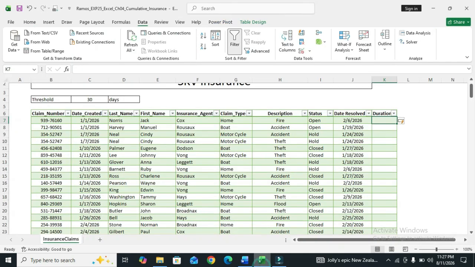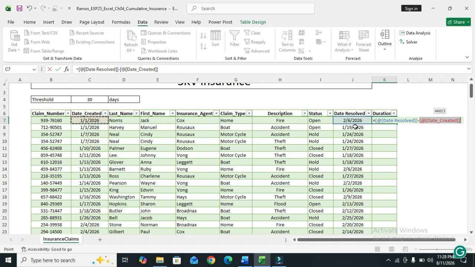So go to the Excel file and type equal and click on Date Resolved and press the minus button and also select Date Created. It means this is simply equal to J7 minus C7.